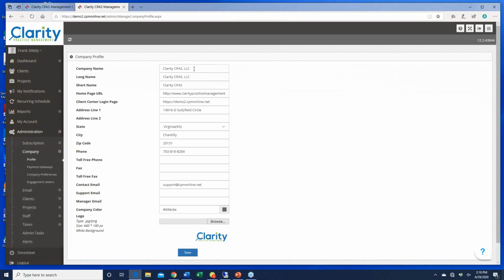First of all, your company name, long name, short name. This short name is important in that the folder tab where it says files from that you have posted, the short name is what shows up in that folder tab. What's your home page? What is the place for your clients to go to log in? And for the most part, we set this up for you, but if for some reason you want to change it, address,